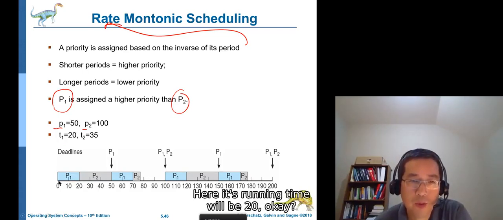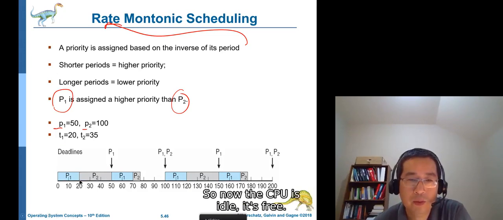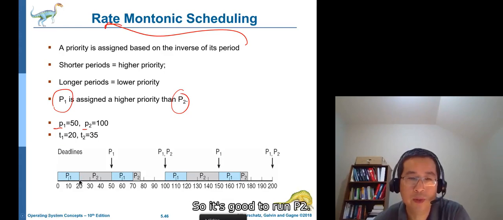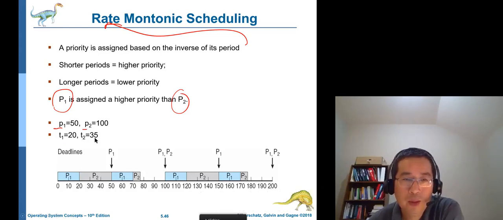Okay, P1 will run from 0 till its running time, which will be 20. And then after that, P2 is still in the queue. So now we are able to schedule P2, because within this period P2 is also there. Okay, so now the CPU is idle, it's free, so it's good to run P2 from 20 till it's finished,